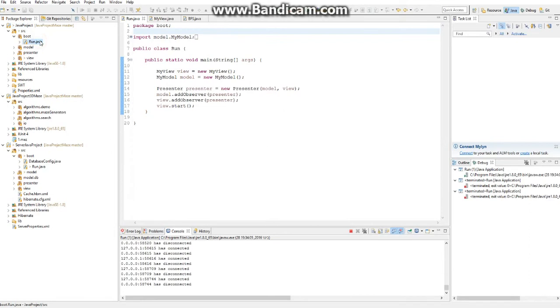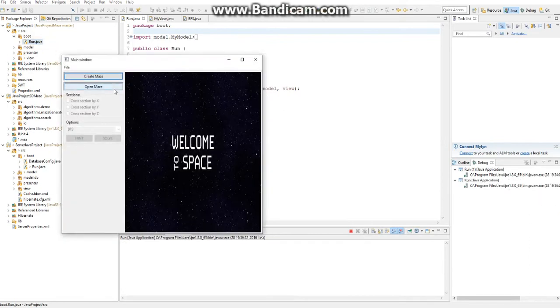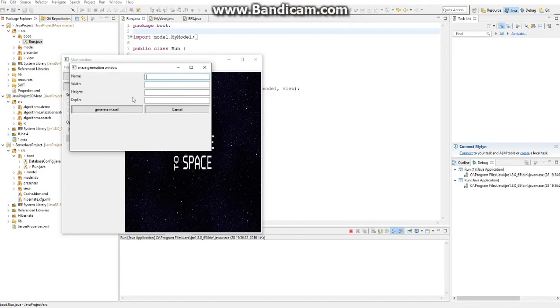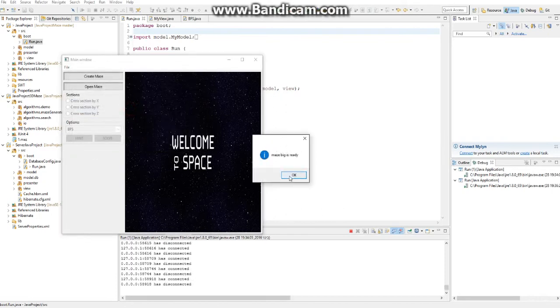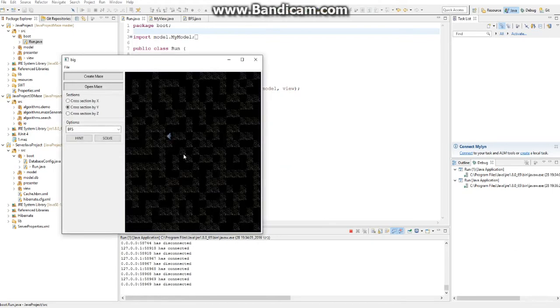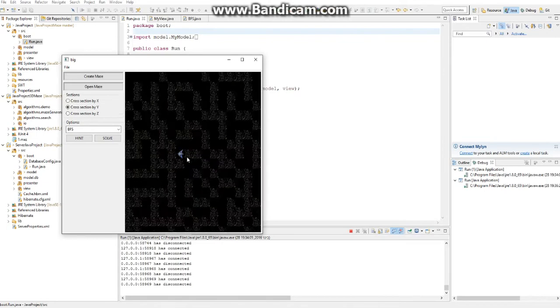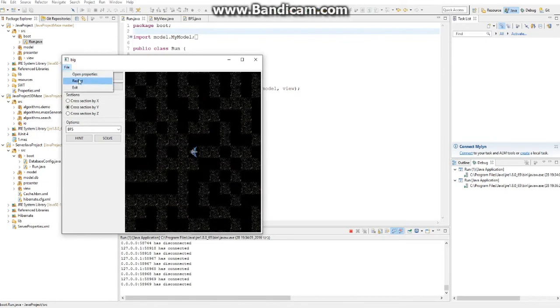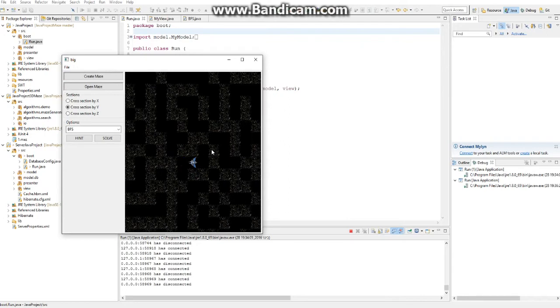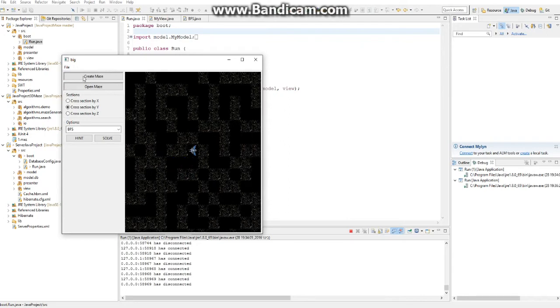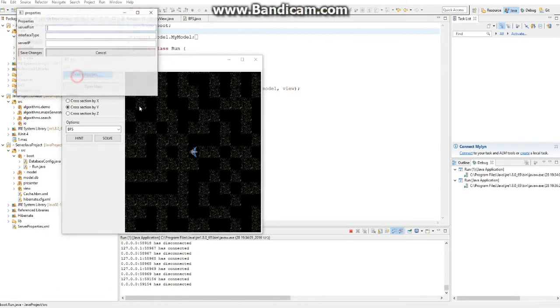Okay, let's open another one. Let's create another one. It's called big because it's gonna be big. 20, 21, and 21. Generate. The maze big is ready. Now here we can see that we can barely see the character, so we can zoom in and zoom out. We can also move a little, and the zoom in, zoom out follow. We can restart, move to the start, and set the properties,